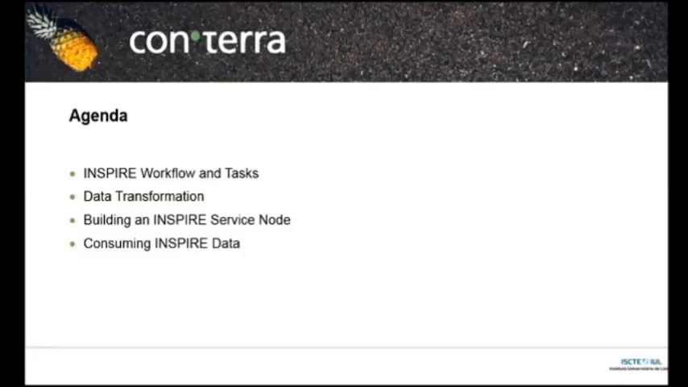Voy a hablaros un poco primero de flujos de datos, tareas de Inspire, cómo hacer una transformación de datos, cómo hacer un nodo de servicios de Inspire y luego consumo de datos de Inspire. Bueno,